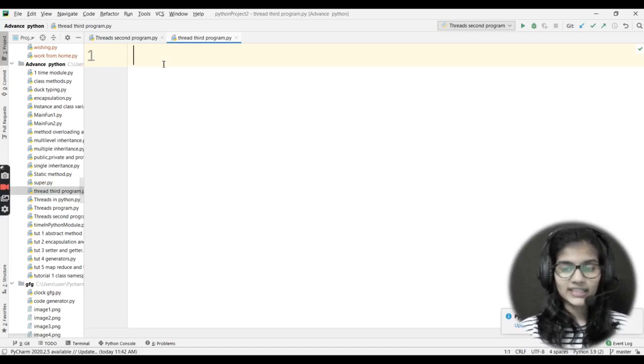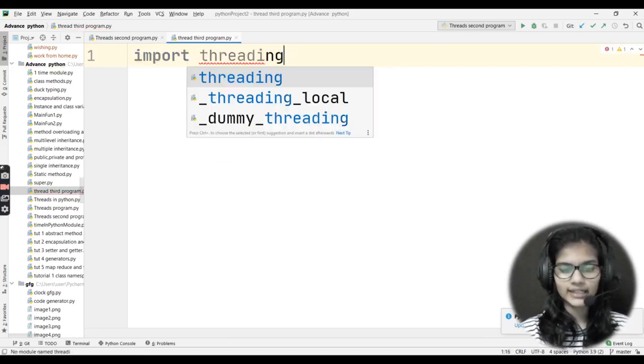Okay, so let's start here. First of all, I'll be importing the module which I would be needing for my program today. For using the thread function, I need to import the module which contains that. So I'll write import threading, T-H-R-E-A-D-I-N-G, like this.